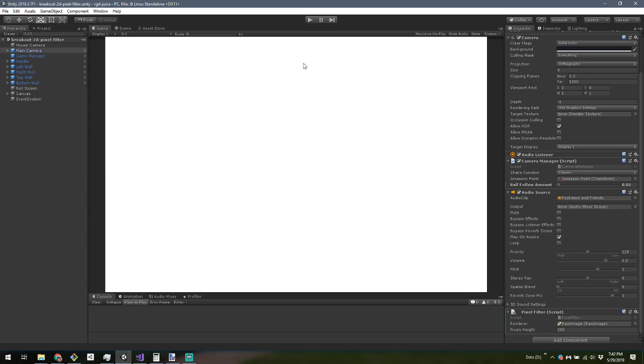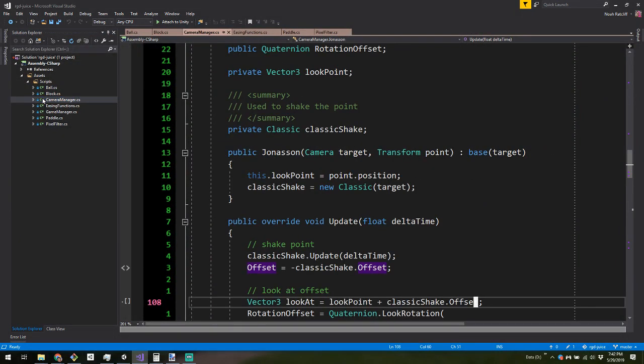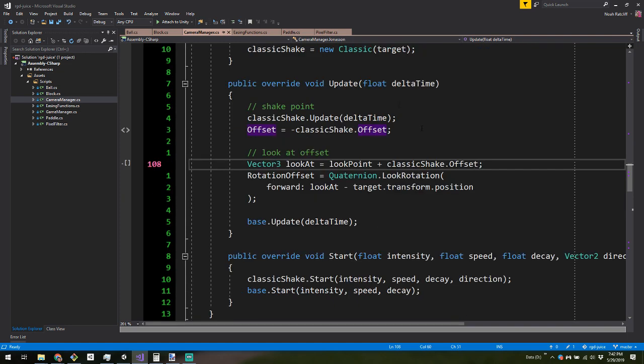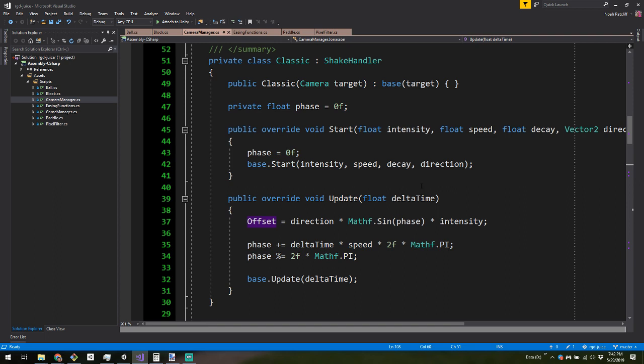So the traditional shake is basically have a point. Actually, I can pull up the code. So your classic camera shake is, there we go. So this is your classic camera shake, and I'm using the direction from the ball like I said, but you basically set an offset for the camera's position based on the sine wave that I was using for the bounce for the blocks. A sine wave with the phase over time, and then an intensity,